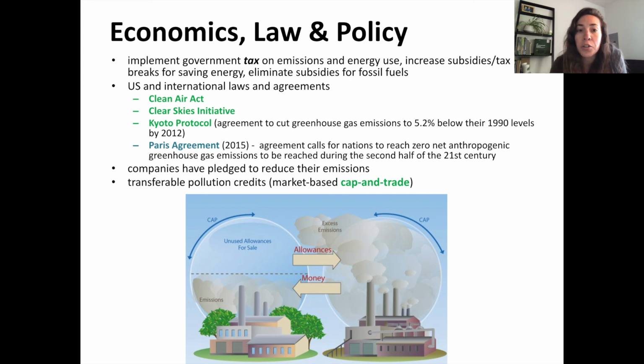There was hope on the global scale that we could enact a policy much like the Montreal Protocol. When the Kyoto Protocol was written, there was an agreement by some nations to cut greenhouse gas emissions. Unfortunately, major players did not ratify the Kyoto Protocol, including the United States, and that left it essentially not very effective, and certainly nowhere near as effective as the Montreal Protocol. The most recent sort of global agreement has been the Paris Agreement in 2015, but the US has oscillated whether or not we ratified the Paris Agreement over the last 5 years. So it's difficult to know exactly